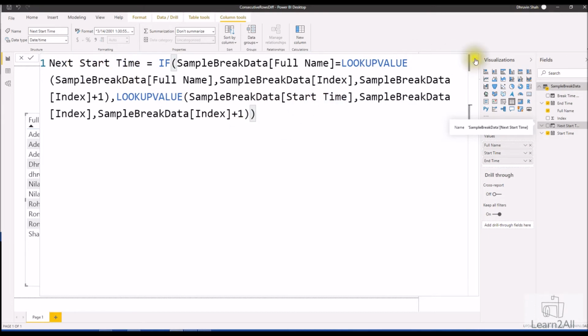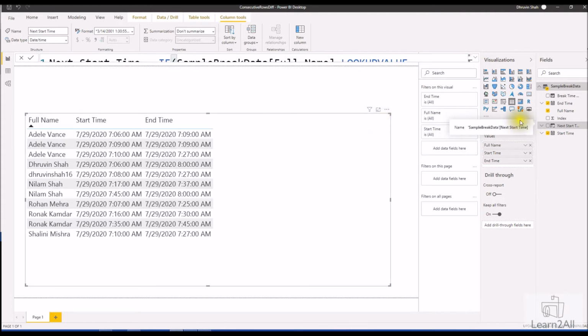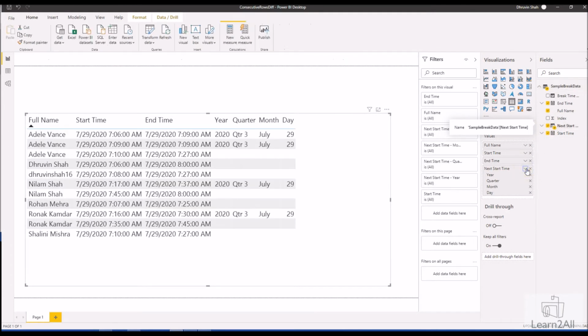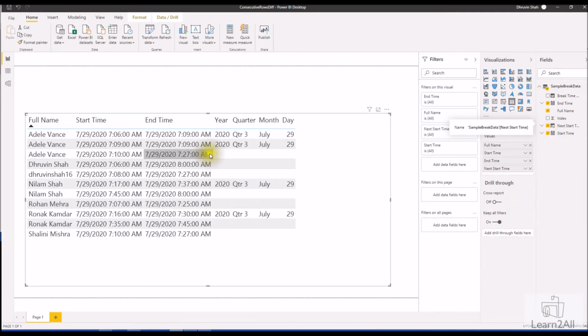Once we create this formula, let's add that value over here. Let's see which type of data we would have. You can see here, for idle we have the next row available as idle, so it is taking 7:09 a.m. as the next start time. Same way for the second pair we have a third row, so 7:10 is considered as the next start time over here, right? Now for this particular row, the current row is not equal to the next row, so it is considered here as blank, right?